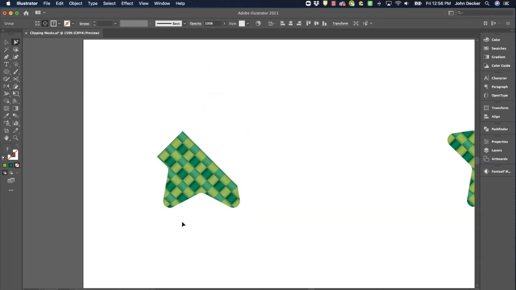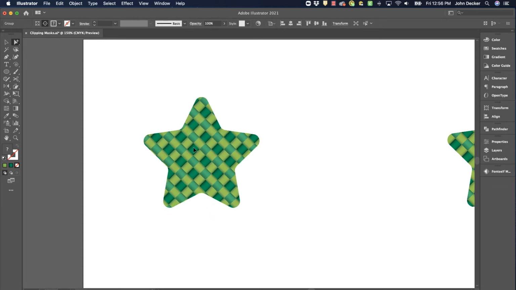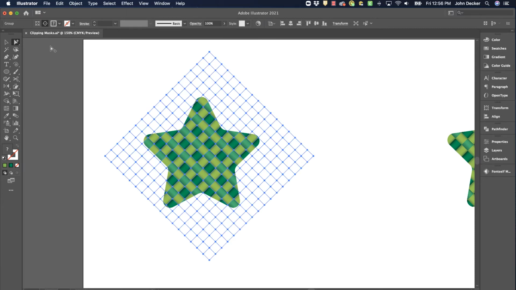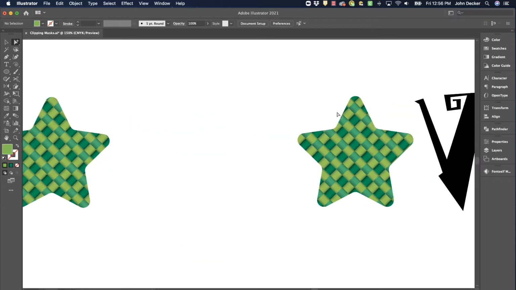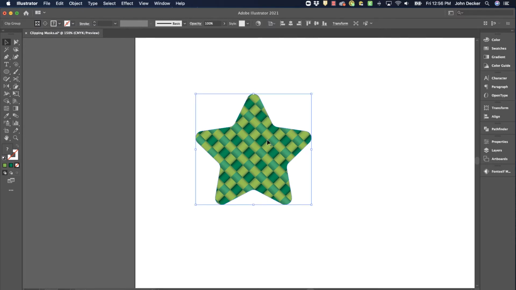Now if I move it too far, it doesn't fill up that whole star. But I can rearrange objects within there, and I'm doing that with my Group Select tool. Okay, so I've accomplished what I wanted to accomplish here. Once you've turned something into a clipping mask, maybe you want to change your mind and release that clipping mask. Let's talk about that. So I can select it, and that selects the mask and everything being masked by it